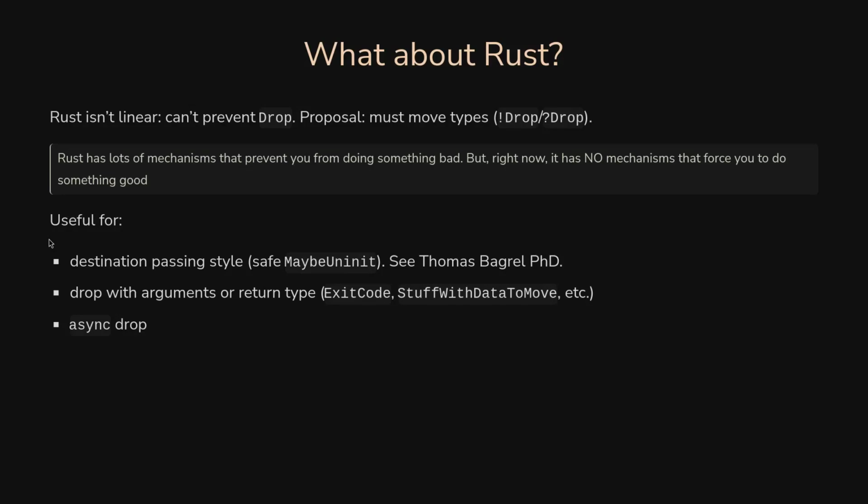And some work by Thomas Bagrel, who is a colleague and defended his PhD recently, on how you could also use a linear type system for destination passing style. It's something that you do a lot in C: you have a function, instead of returning a result, you take a pointer to an array, for example, and you fill it directly. So in Rust, you could do that with, I don't know, maybe a unit or stuff like that. But it's quite tedious and it's not guaranteed that you fill everything.